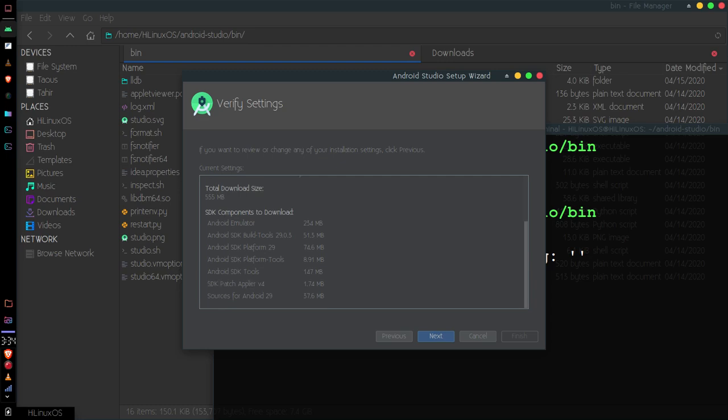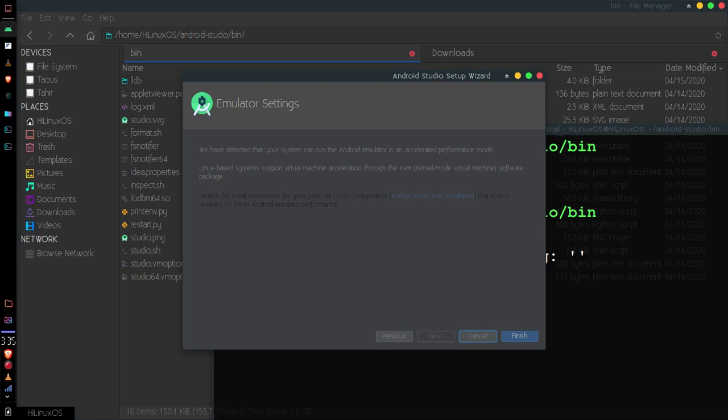If you want to change some setting, you can click previous to go back. And now you can also see it will install some other components such as Android emulator, Android SDK build tools, and some other options. You can see total download size is around 555 MB. Click next and make sure you are connected to internet.